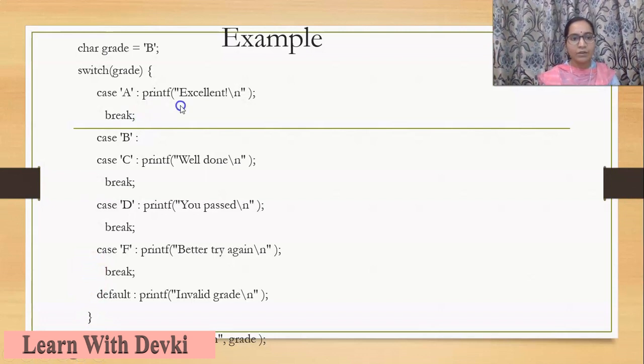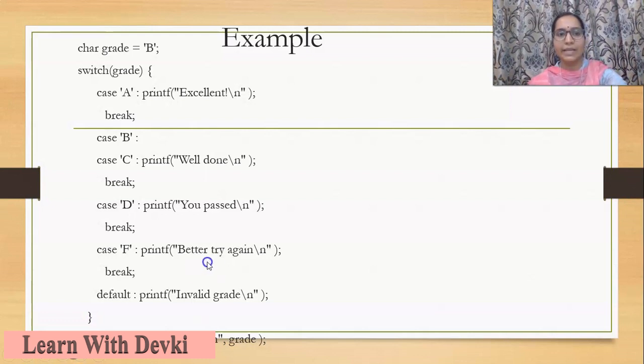Then any of these matched cases is executed. After this what will happen? The statement after the switch, after the closing of the switch, will be executed. Now what will happen if, for example, A is matched? Excellent will print, the cursor moves to the new line, then Your grade is will be printed with percentage c, which is used for the character data type. Your grade is percentage c. In place of percentage c, what will print? The value of the grade variable, which is specified over here. After the comma, whatever variable is put, its value will be printed with this format specifier. Then the new line character again.